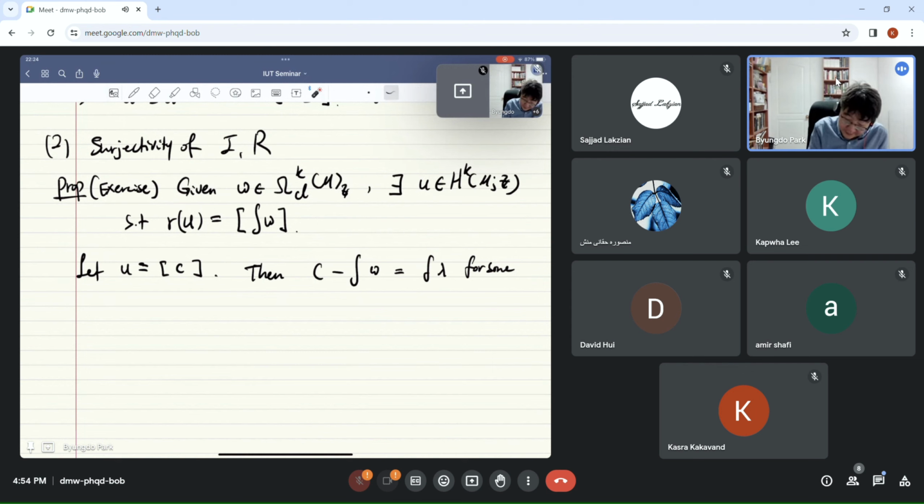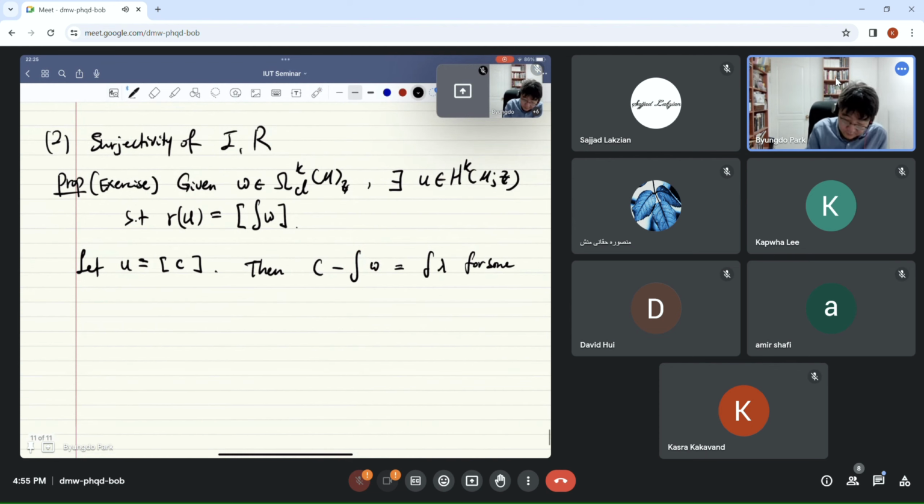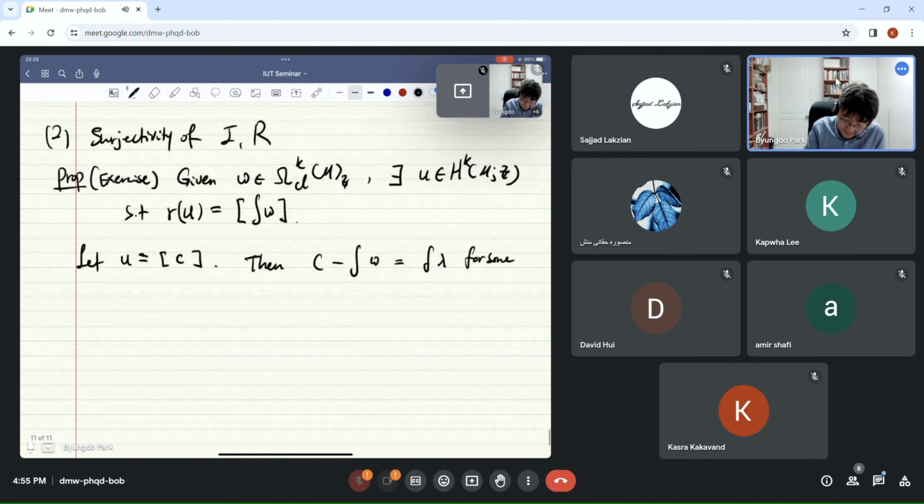now I'm looking at things inside real cohomology, right? So I wrote C here, but actually I'm thinking of that as a real cochain. This is also a real cochain because the realification is considered. So for some lambda in degree k minus 1 with coefficients in R,